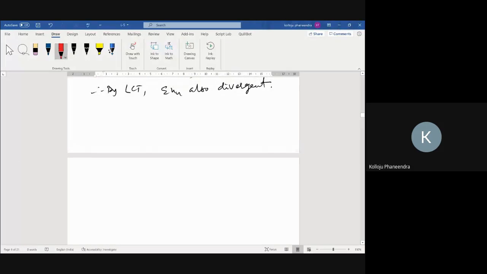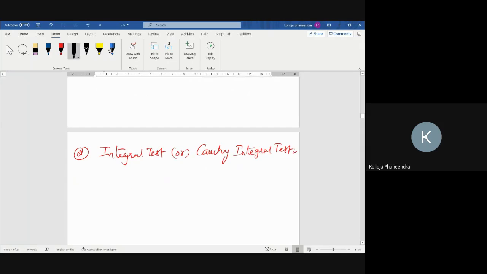Now I will go for another test. This is the integral test, or sometimes it is also called the Cauchy integral test. The statement is